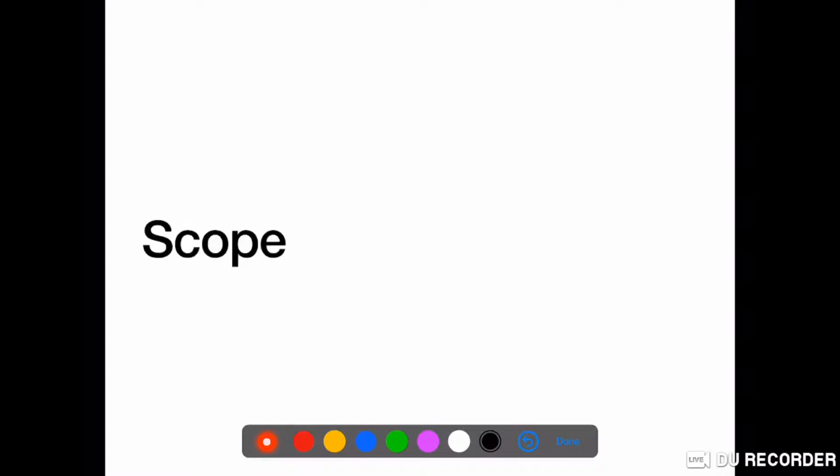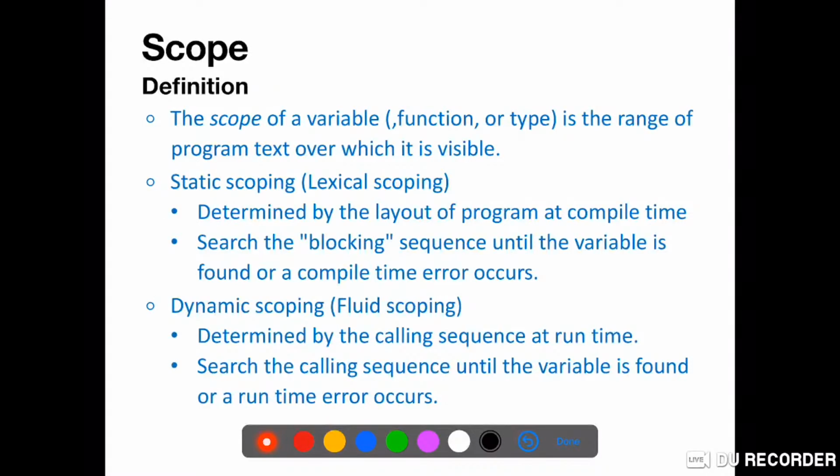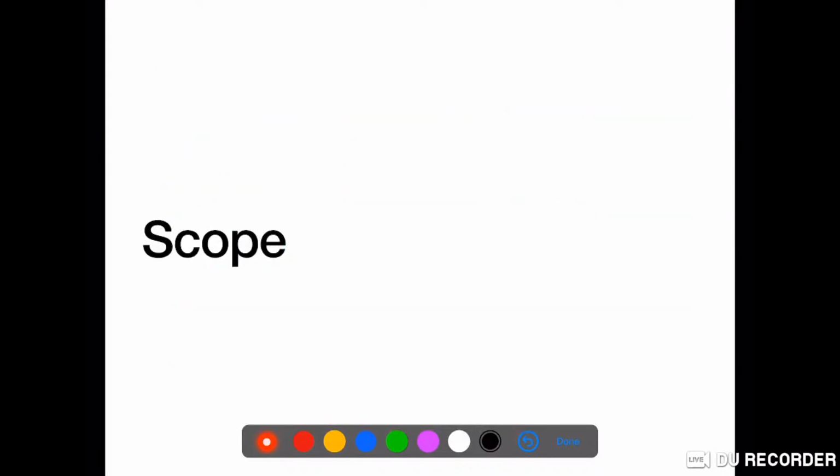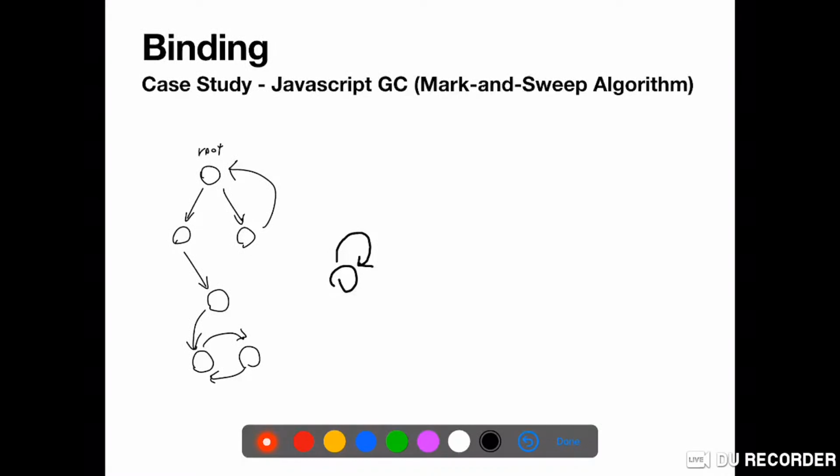Yes, and it still takes a lot of time. I think that's it for the binding part. The main takeaway I hope you get is just